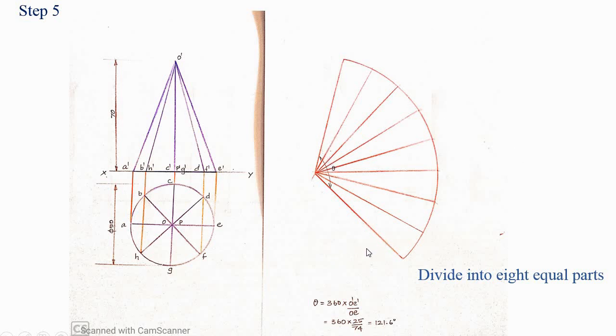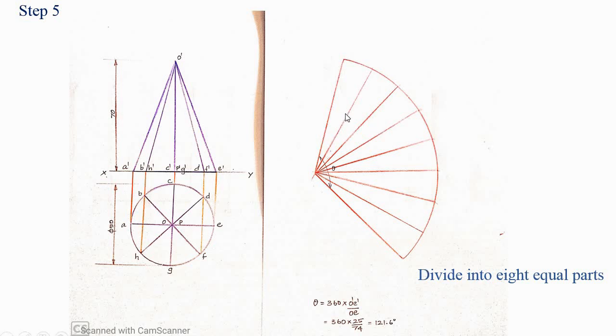Otherwise, the second method, which I prefer. In the second method, you take the compass and measure the length of one sector. It is AB, BC, CD, DE. All these are the same. So you take one particular length, AB or BC, whichever it may be, and you cut it from here. You place the compass here, cut the first sector, second, third, fourth, fifth, and likewise you will get the arc divided into 8 equal parts.